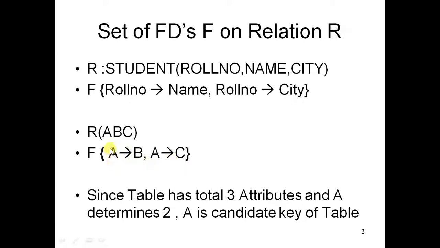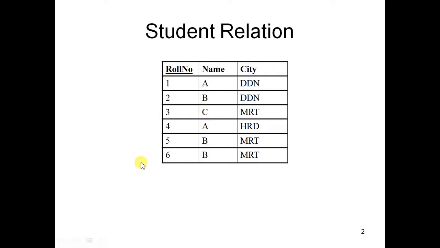You can see, with the help of A you can find the unique value of B, and with the help of A you can find the unique value of C. Total there are 3, so therefore A becomes the candidate key, as you can see here. If I give you roll number 3, how many names will be displayed? 1. If I ask roll number 3, how many cities? 1. So with the help of roll number you can get the name, and with the help of roll number you can get the city. So roll number has that power to determine name and city, and out of these 3, roll number is the candidate. So in a question it can be replaced by A, B, C, and you will not get any values, because with values and familiar names it becomes very easy.